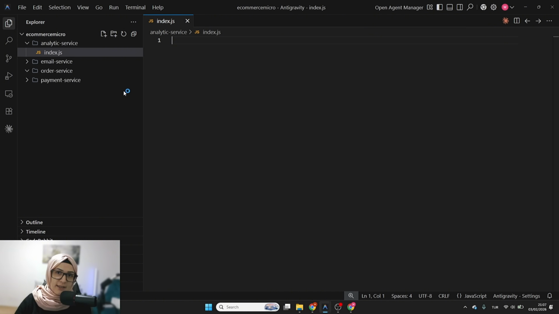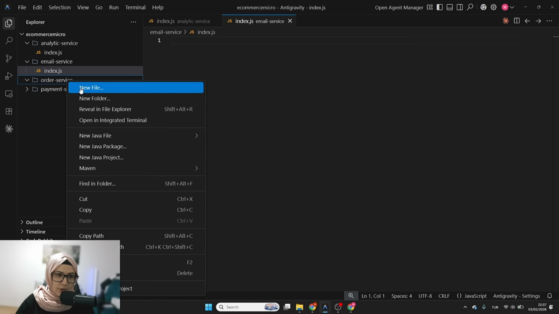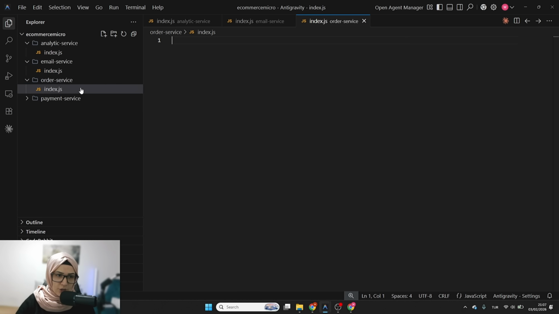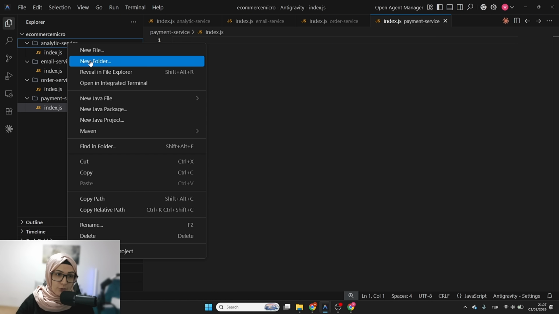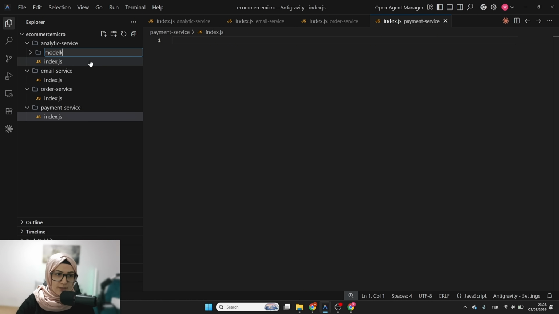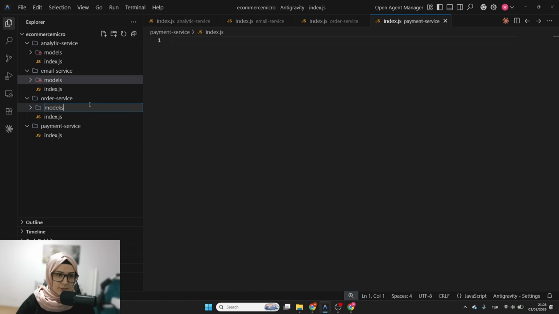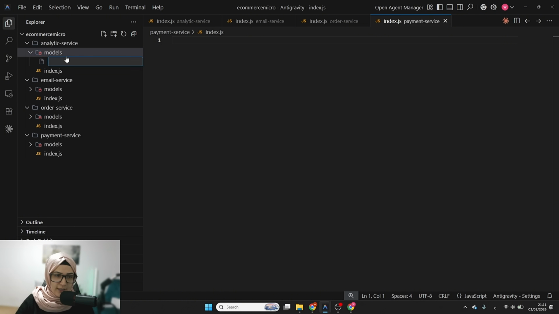So, instead of using the traditional way of creating everything inside one index, including the routes and the connection URI for MongoDB, we will create an index for each service: index.js, and for the order also, index.js, and the payment. Now we are building the structure. The next thing, we have to create a models folder for each one. So, I will say here, models, and here is models. Now inside Analytics Service, we will create a new file,